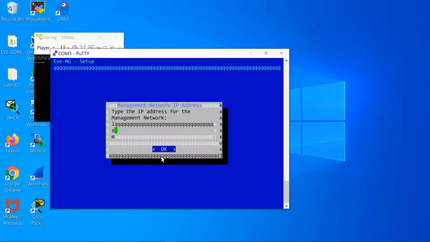Now you type your management IP address. I'll type 192.168.1.100 and subnet mask. I'll use 255.255.255.0. Default gateway, 192.168.1.1, and primary DNS server.